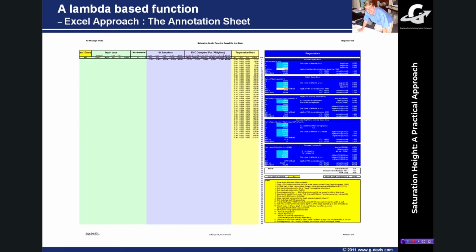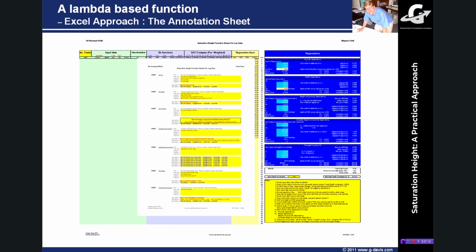Now, because I'm passing on this Excel spreadsheet for you to use, you probably need to be aware of a couple of other things. As I said before, we'll go into a little bit more detail than you would normally do for a standard presentation, but if this is a tool that you're going to use, you should be aware that there is a tab at the back of the spreadsheet called the annotation sheet, and this is where we gather together all of the information from a number of places in the workbook and put them together here in these yellow boxes. Generally, yellow boxes are where users can input data safely, but in this particular case, this is all updated automatically.